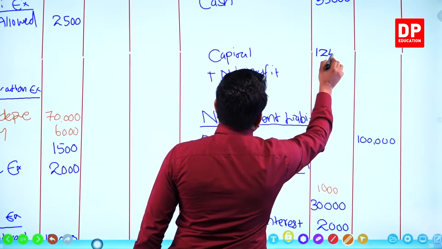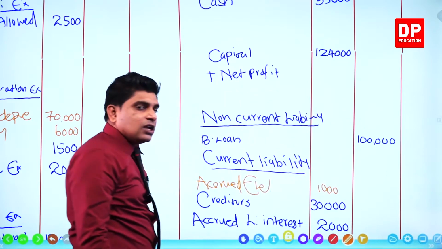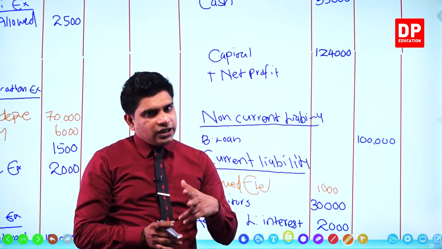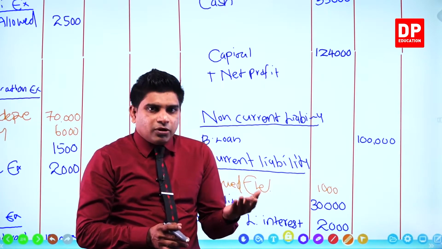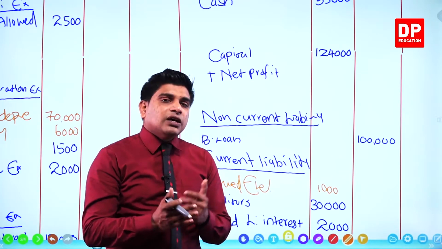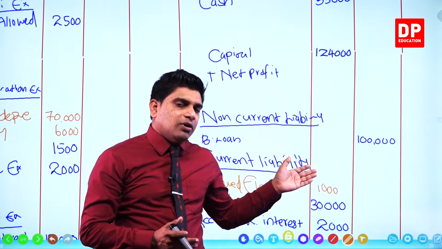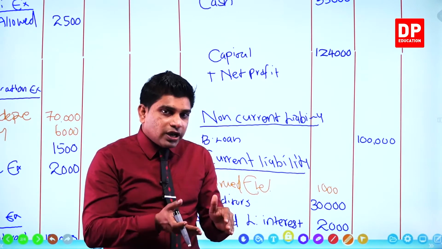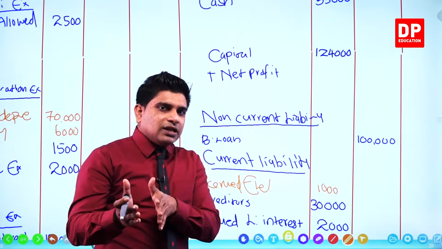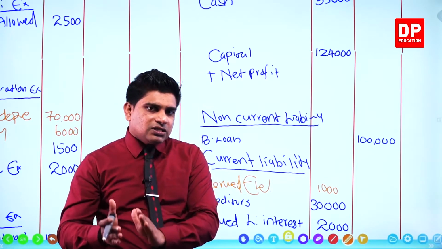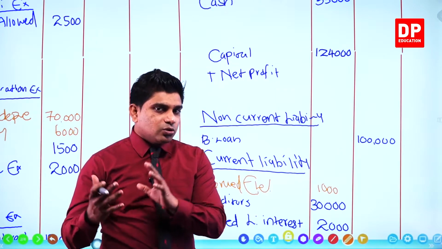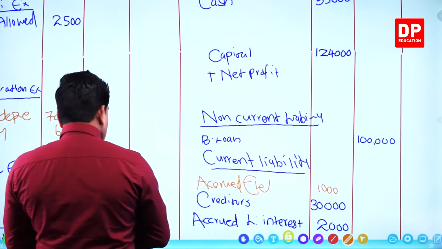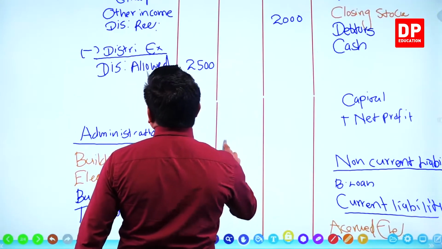Now, what do you want to do? We entered all the details. Now you start from the profit and loss statement. First you find gross profit, then net profit, then you bring net profit to the statement of financial position. According to the accounting equation, you can solve the statement of financial position. You add current assets and non-current assets, and you finish that side. Total assets should be equal to capital plus net profit plus non-current liabilities and current liabilities. So these totals and the assets total should be equal. We'll see now. First you go to the profit and loss statement, right?